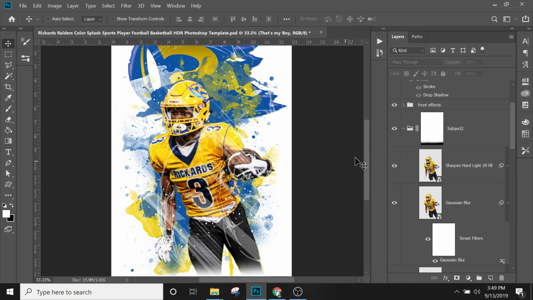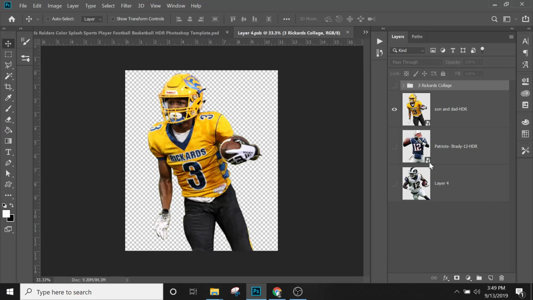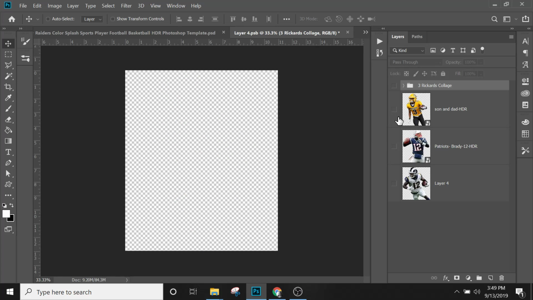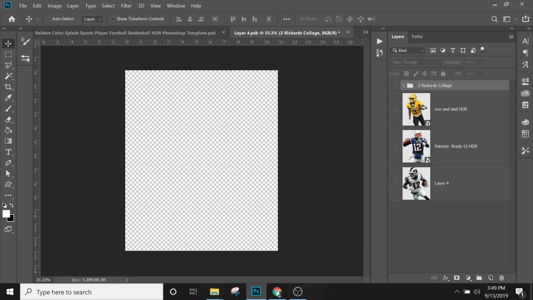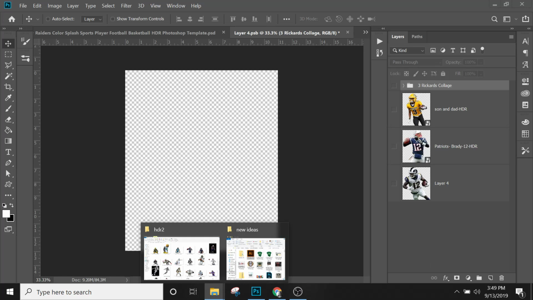So in order to do that, let's see, we're starting at 349. We're going to time ourselves, say 350. We're going to take our smart object layer. We just double clicked on that smart object. Take the existing player, make them invisible. See that eyeball right there? Bam, he's gone. And then we'll go to our files and bring in